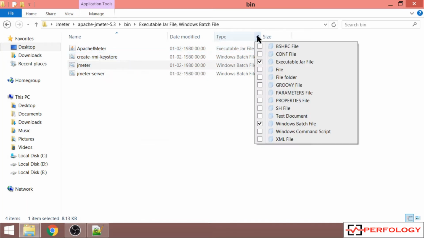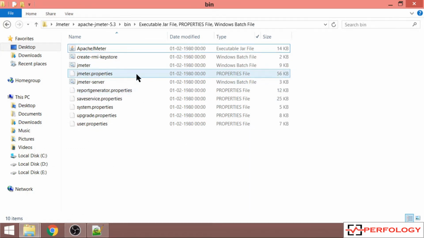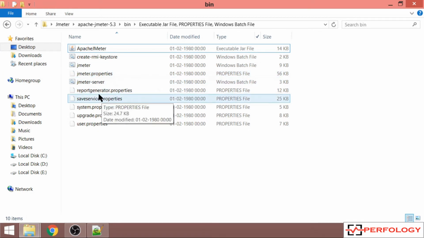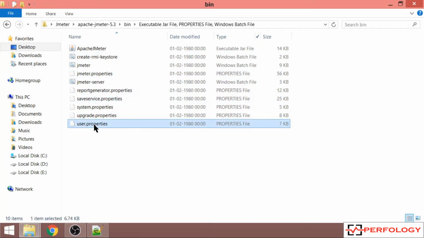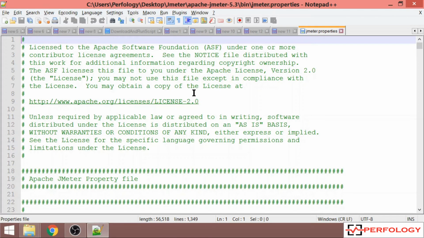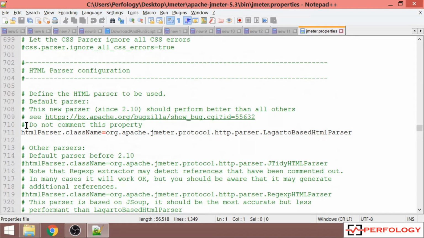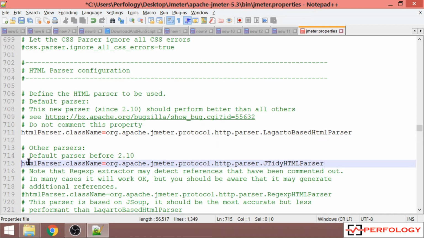Apart from this, there are a few properties files which define the functionality of JMeter, which actually define the working of JMeter. So these are the properties files with respect to JMeter, report, system, and user properties. You can also edit these properties as per your requirements by opening them in Notepad. In Notepad, you can just uncomment anything as per your requirement. Like suppose I want this property, so I can uncomment this and I can use that property in my JMeter.